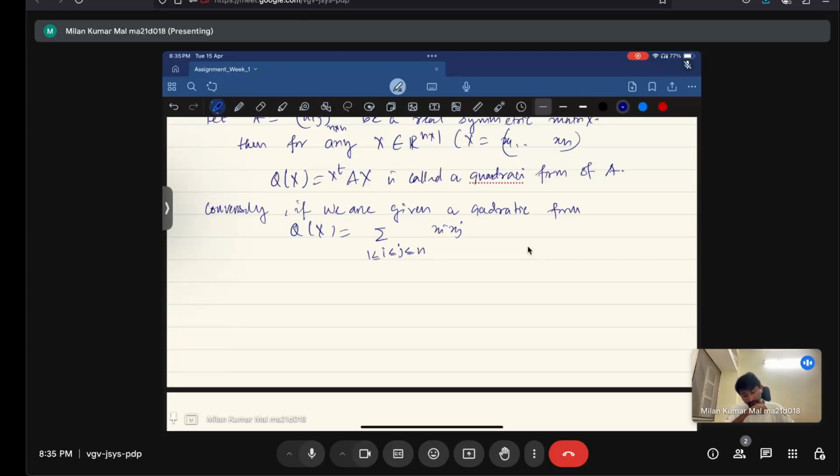That means you can look at here, whenever i comma j is there, then j comma i entry is not there, because I have taken i less than equals to j. So then